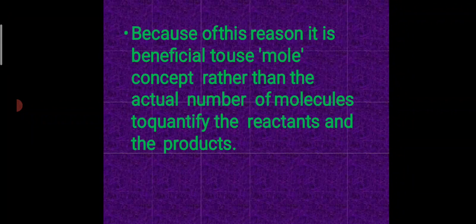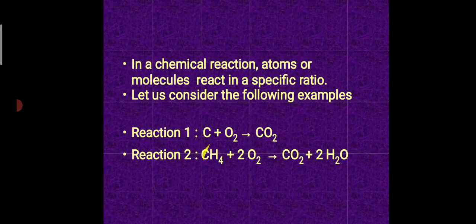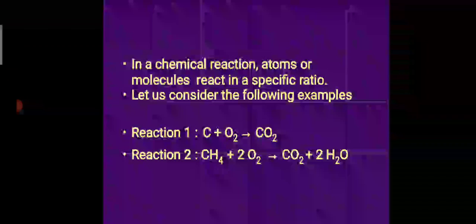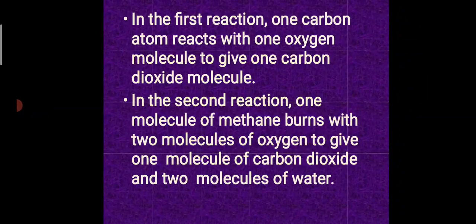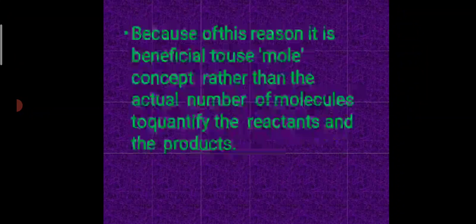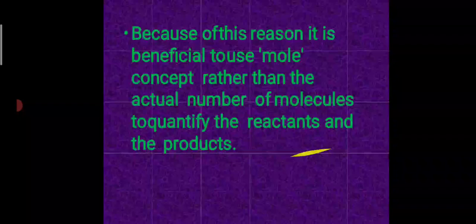So because of that reason only we use this term called mole. So here we can't say 1 molecule of மீத்தேனில் இத்தனை பார்ட்டிகல்ஸ் தான் இருக்குன்றதை நம்மளால் சொல்ல முடியலை. அதனால தான் we came to this notation called mole concept rather than actual number of molecules. இத்தனை molecules இருக்குது, அத்தனை molecules இருக்குன்றதை சொல்கிறத விட இத்தனை moles react ஆயிருக்கு அப்படின்னா இப்போ 2 moles தான் நம்ம என்ன பண்ணுவோம், 1 mole is equal to what, 6.023 into 10 power 23. In the case of 2 moles, what you will do, 2 into 6.023 into 10 power 23. It is very simple if you have this mole concept.